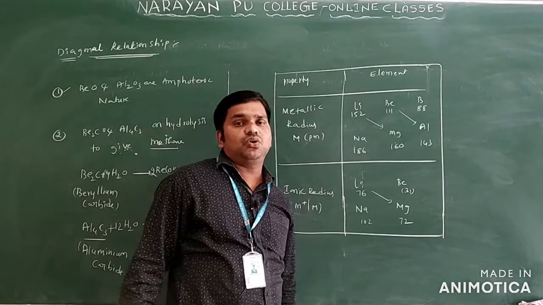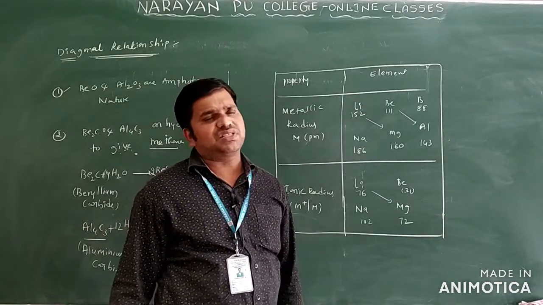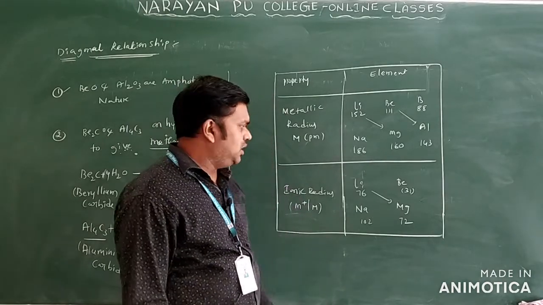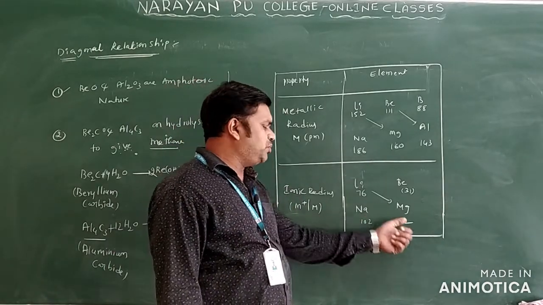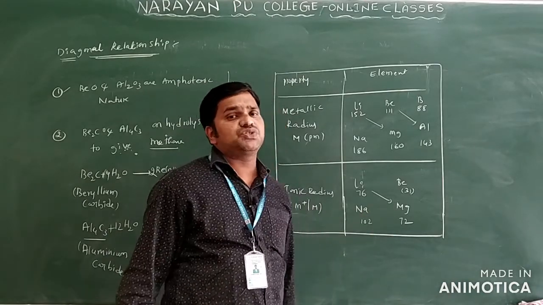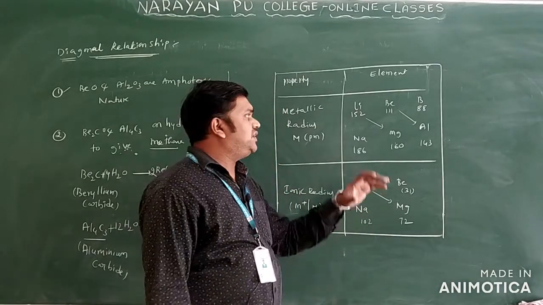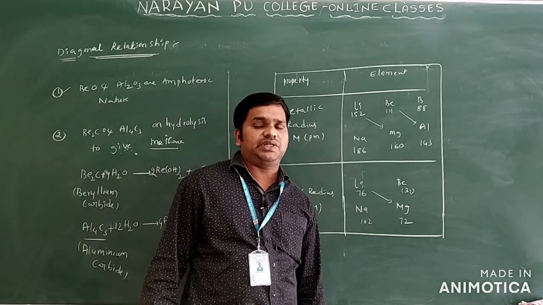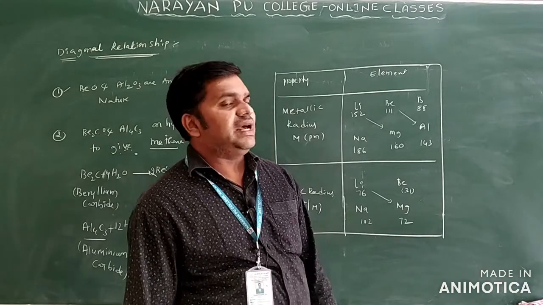So we can compare this ionic radius like this. Sodium to magnesium, similarly beryllium to what? Aluminum. We can see the metallic radius 152 and 160, so they are very close to each other. A little bit of small difference is there. Here also, beryllium to aluminum, the difference is small only. Come to ionic radius, lithium to magnesium: 76 and what? 72. So the difference is very small only. By observing this experimental value, we can say these elements have similar properties. So this is regarding diagonal relationship only.